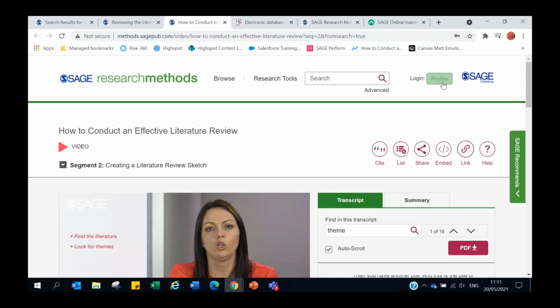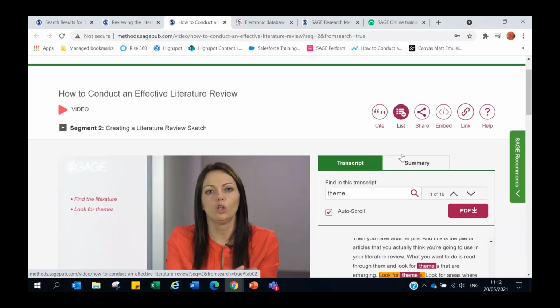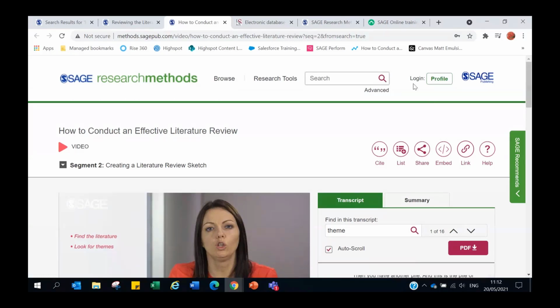So we have to create a profile, and a profile is kind of like an account. It allows you to personally identify yourself onto the platform. And once you've created a profile and logged in, then you'll be able to add an item to your lists. And then whenever you visit the platform, as long as you are logged into your profile, your lists will be